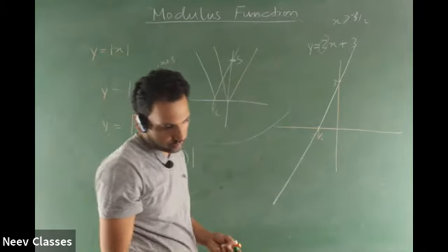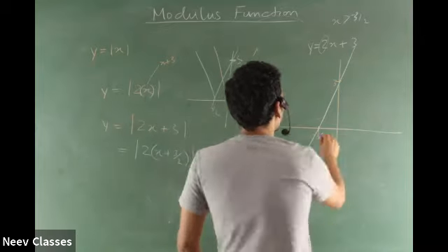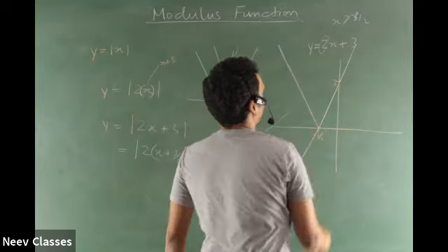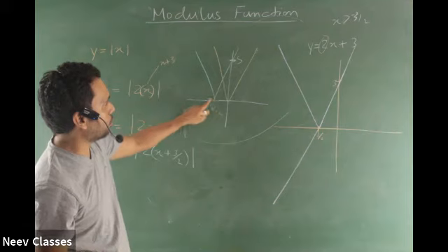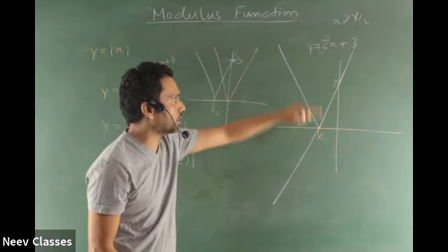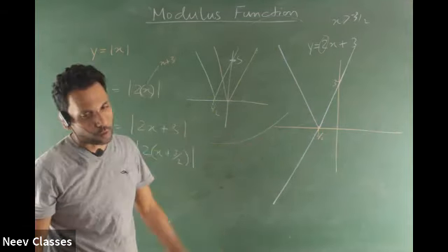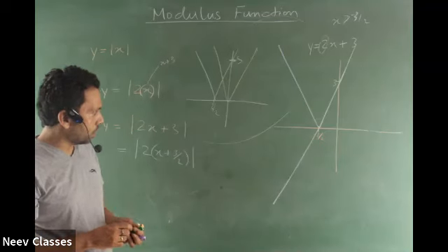The bottom portion will get reflected and go up or not? So this is the actual graph or not? Yes, sir. This you will get by transformation. This you will get by the logic that negative will get reflected to the positive. Got the point? Is that clear? Yes, sir. Now suppose I make things a little more worse.